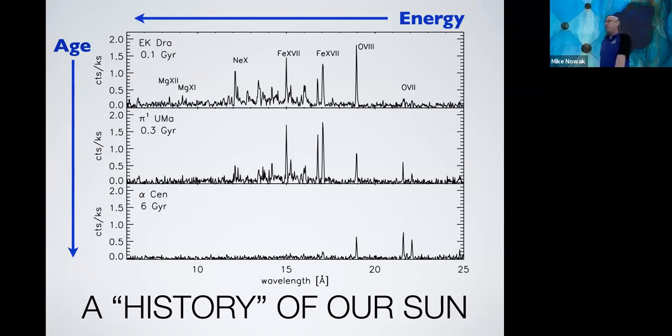Magnesium 11 is like helium. So it's got the core of magnesium in its nucleus, but it has 2 electrons going around it. Magnesium 12, again, has the core of magnesium, but has 1 electron going around it, like hydrogen. And we understand the physics of these very well. Now, we've knocked off most of the electrons because we're being bathed in X-rays, and the X-rays are doing a very good job of ionizing all the material. But it's actually kind of nice because they're making them simpler, like helium and hydrogen.